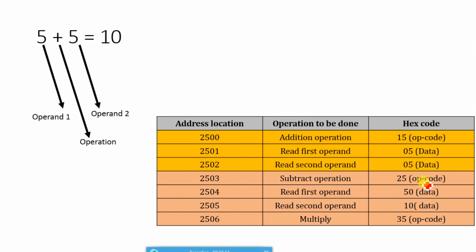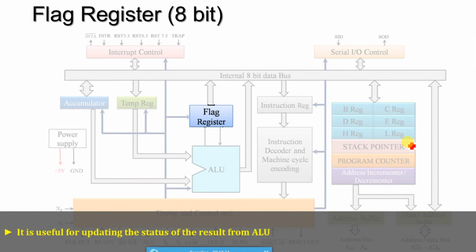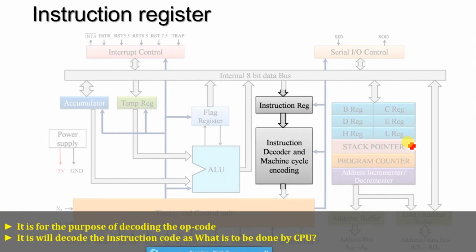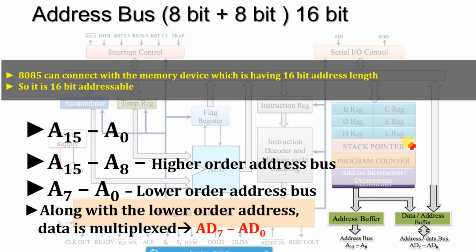Okay, the microprocessor should not take this 15 as data. It has to understand that 15 is an operation code. In order to understand this logic, there are several signals available. Now the opcode is entering the microprocessor. Now the data is coming. Likewise, that indication will be given through some signals called status signals, S0, S1.